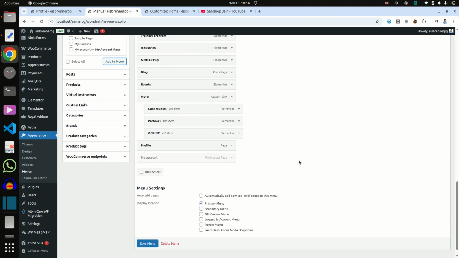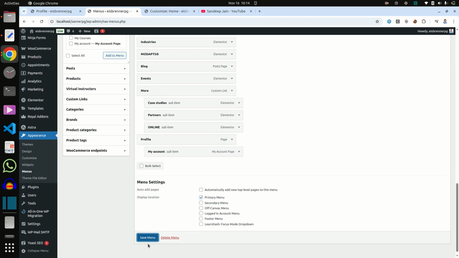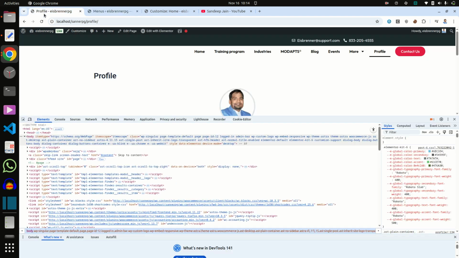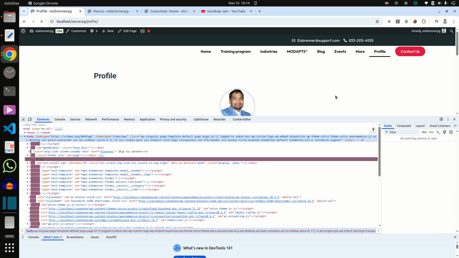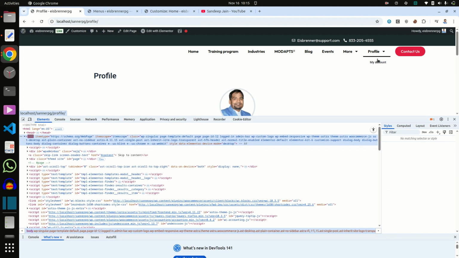It will only show for logged in users, not for all users. Like now you can see it is showing only for logged in users.